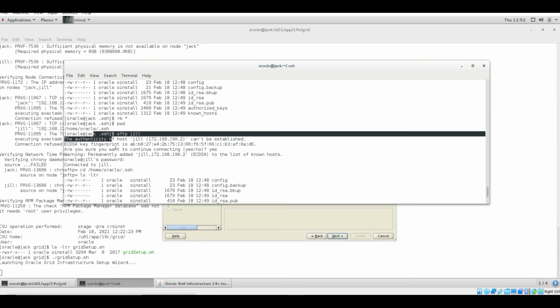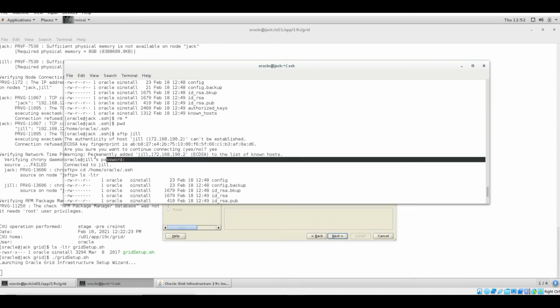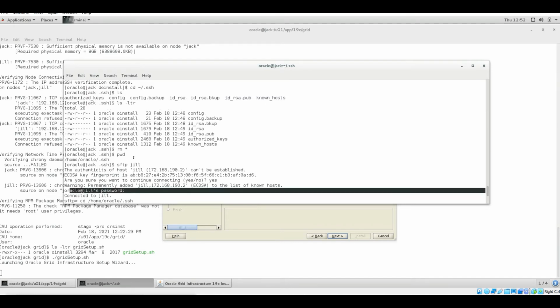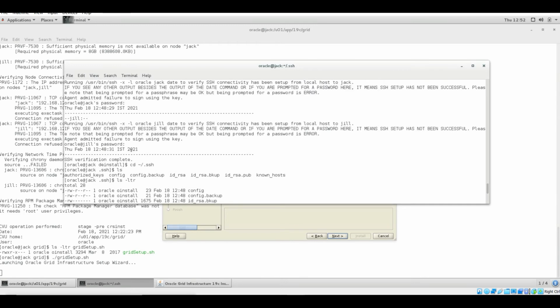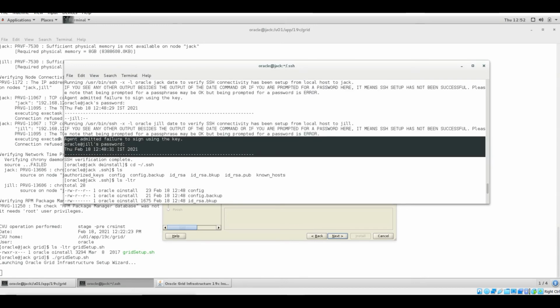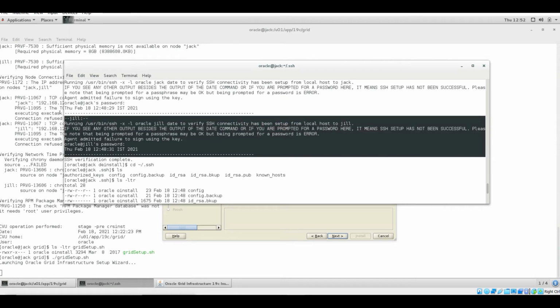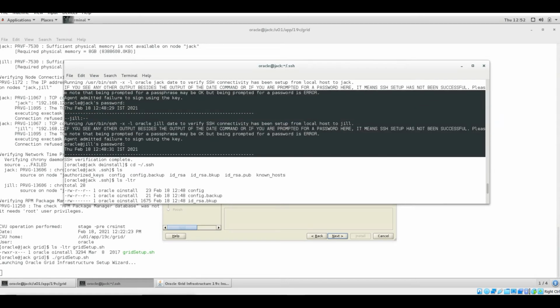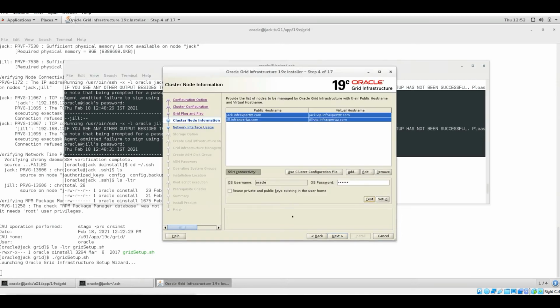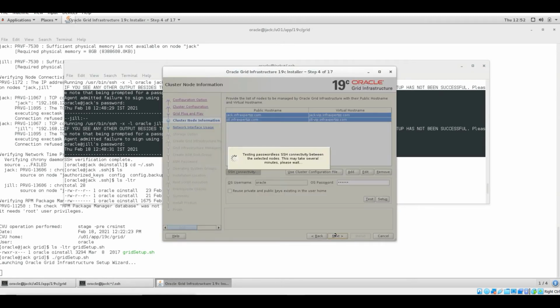You can see here it was asking for the password before that, and I'm not sure why it happened, but when I was running the SSH again, it was failing. So right now it is resolved, as I showed you how it can be resolved. So let me go next. Right now my connectivity between both the nodes is fine.